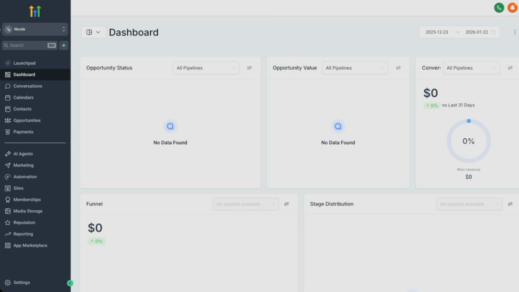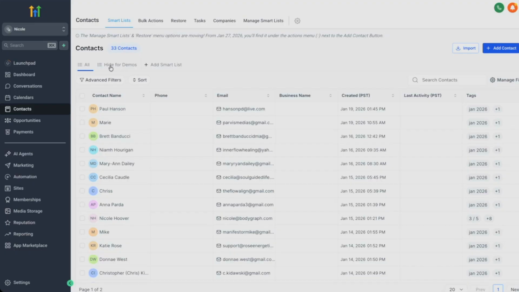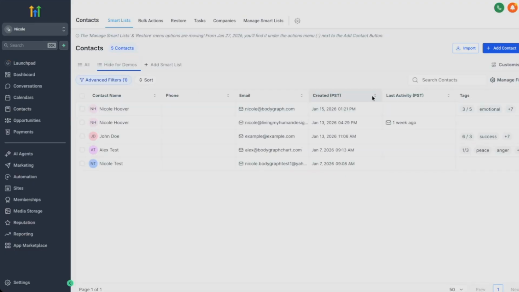So I haven't played around with GoHighLevel a lot. I know that in our help center, we have some information on how to connect it to your Bodygraph so that you can start sending your contacts in here. So this is an area where you can add all of your contacts into